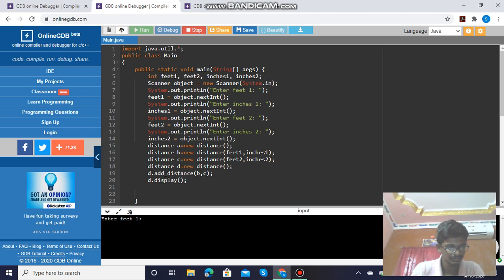Enter the weight 15, just 18, and enter the fees 15, just, then it shows the output 32 inches for